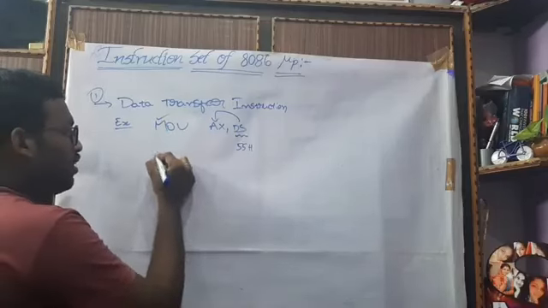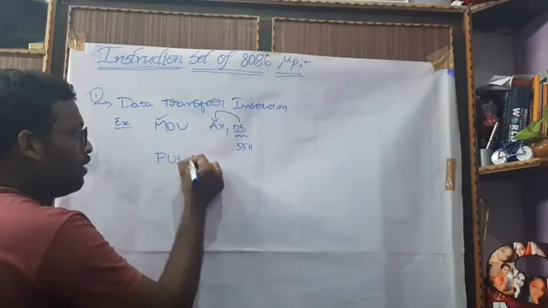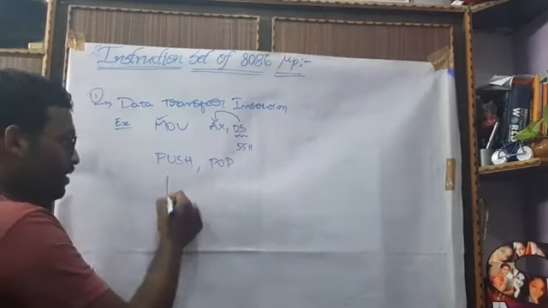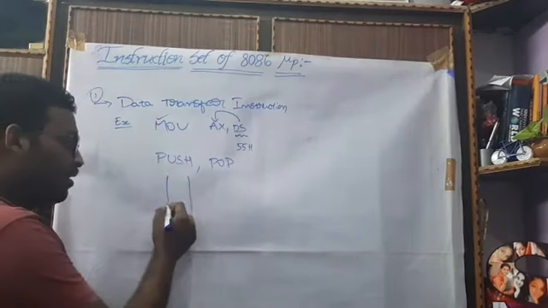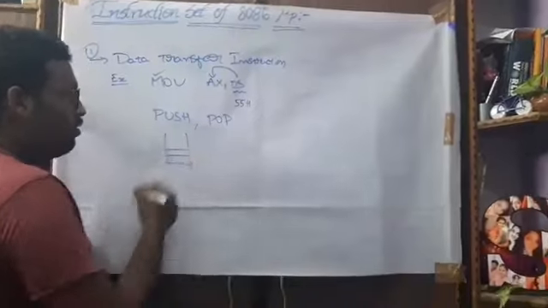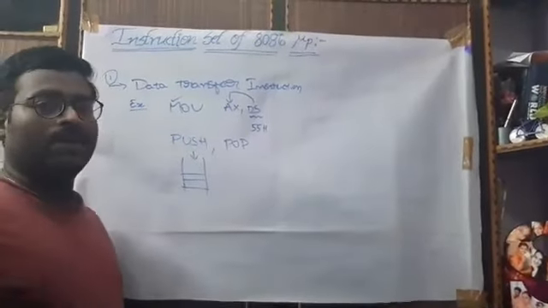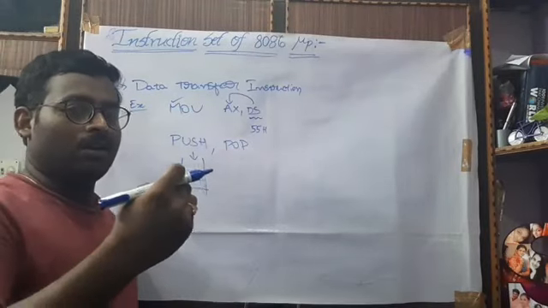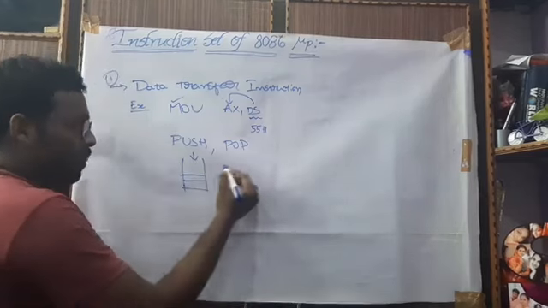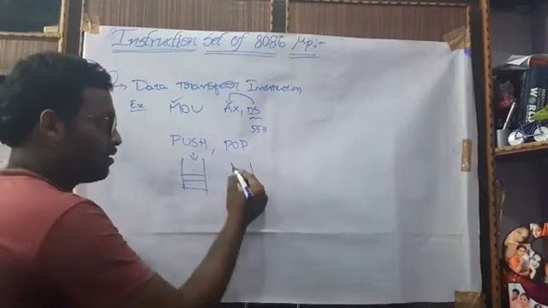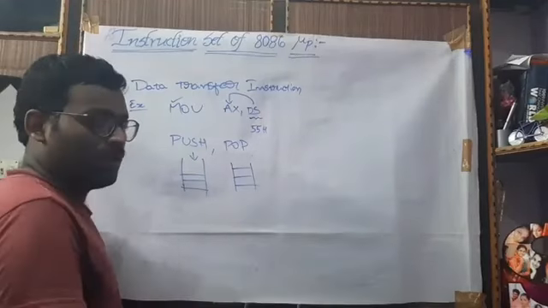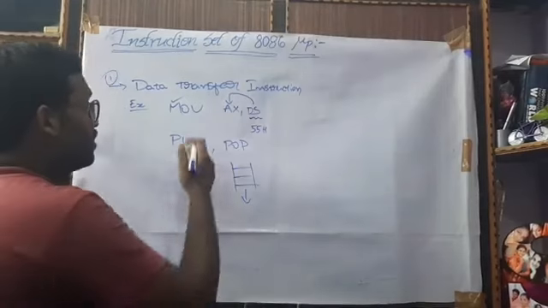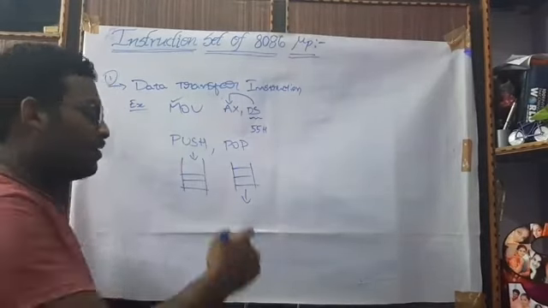Next, another such type of instruction is PUSH, POP. Pushing means in the stack segment, in a stack, we are pushing our required data. So data is transferred into a stack segment. This is also a stack operation. Pop means you are taking the data from the stack. These are some data transfer instructions.